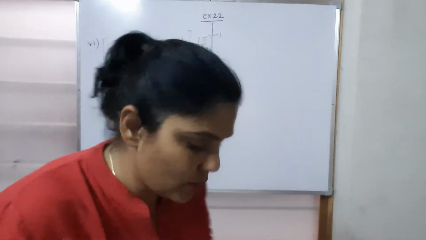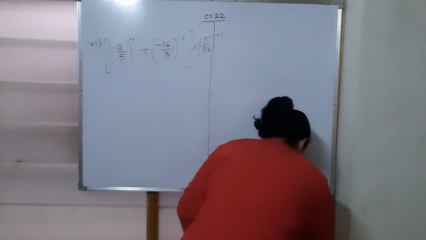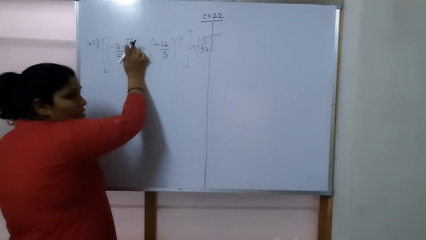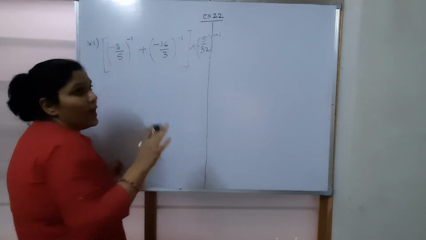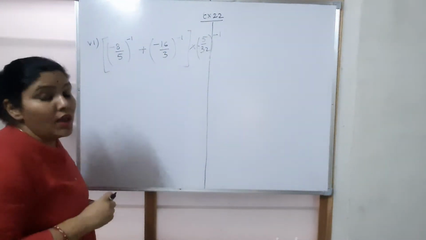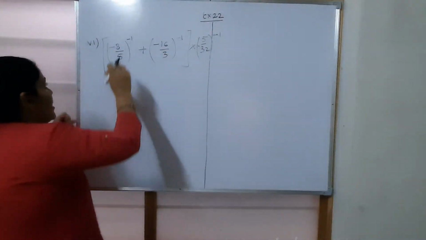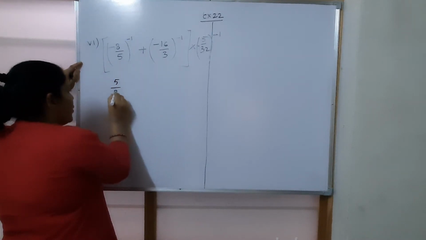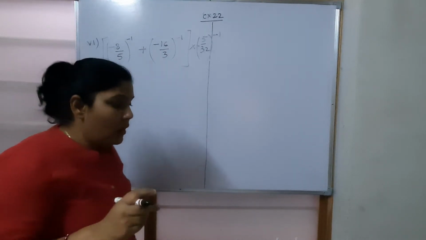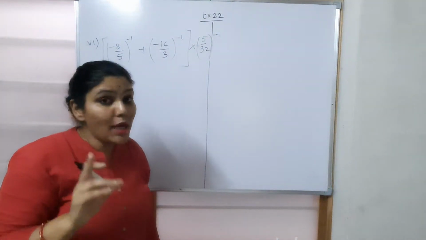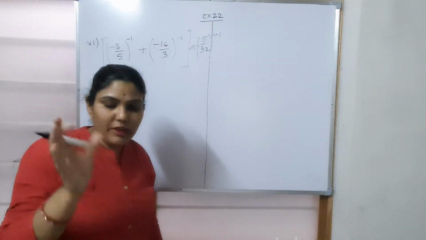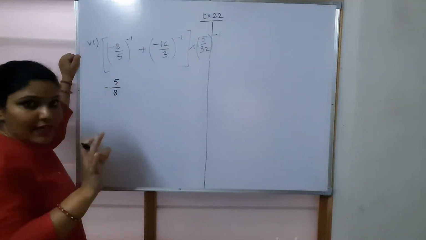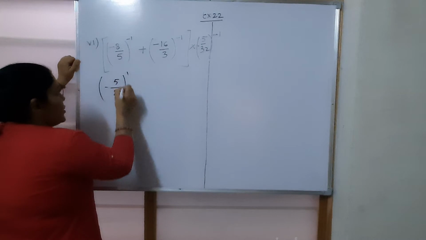So how would we do that? Just look here. I hope everybody has tried the question. Now, this is minus 8 upon 5 raised to the power minus 1. So let's just make the power positive. How would we make the power positive? We'll make the power positive by just reciprocating the base. So minus 8 upon 5 reciprocal will be minus 5 upon 8. Just remember, when we reciprocal a rational number, the sign will not get changed. Only the numerator will become the denominator and the denominator will become the numerator. So minus 8 upon 5 will become minus 5 upon 8 and the power will be positive.